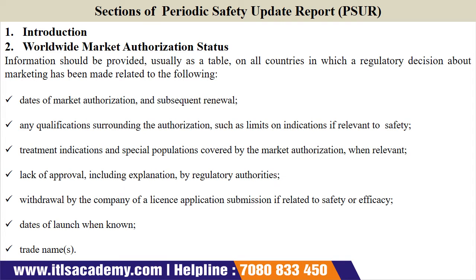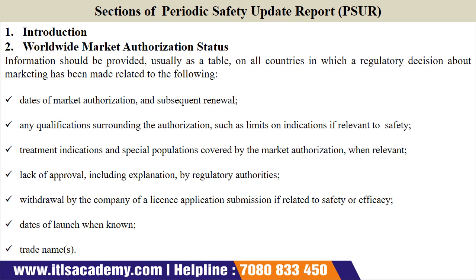And if it is known that the particular periodic safety update reports on the same product will be submitted by another MAH, some of whose data are included in the report, the possibility of data duplication should be noted. After that, the next section is the worldwide marketing authorization status. This section of the report provides the cumulative information, and the information should be provided usually as a table on all the countries in which a regulatory decision about marketing has been made related to the following,